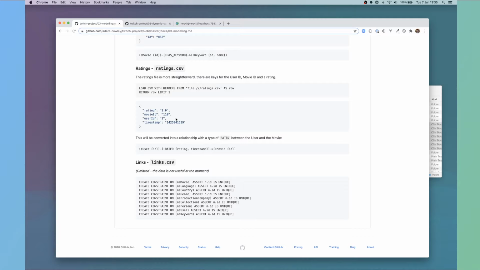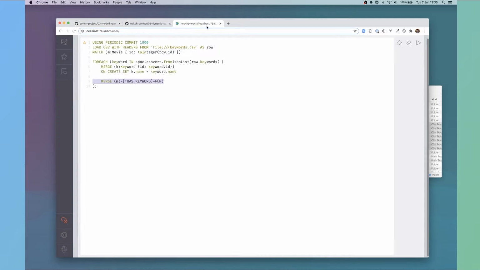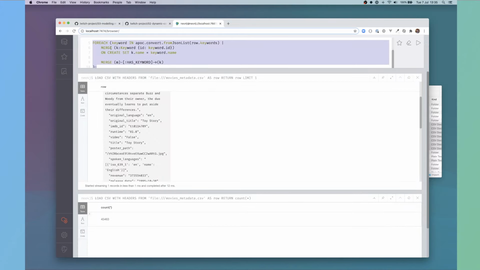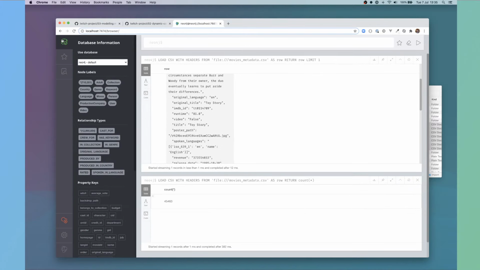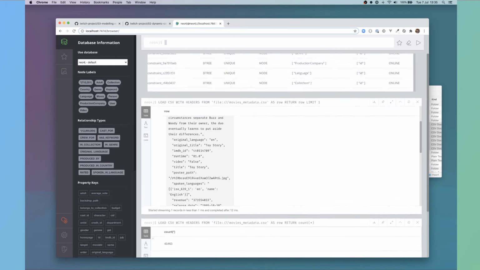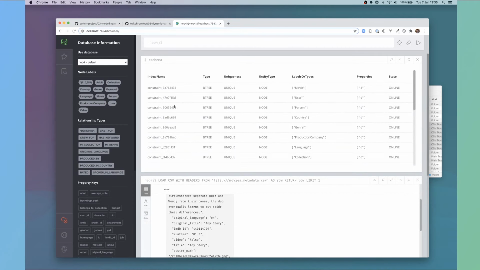Cool. And then the first thing that we should do, because this is a large data set, and in the grand scheme of things it's not huge, but it's more than 170 nodes, which is the basic movies example, is create the unique constraints, unique identifiers for the nodes and relationships. On this database, I've created constraints for everything. So every item has an ID property, which is unique. These are only the things that we'll be searching on at the moment, so they're the only things I've created constraints for.